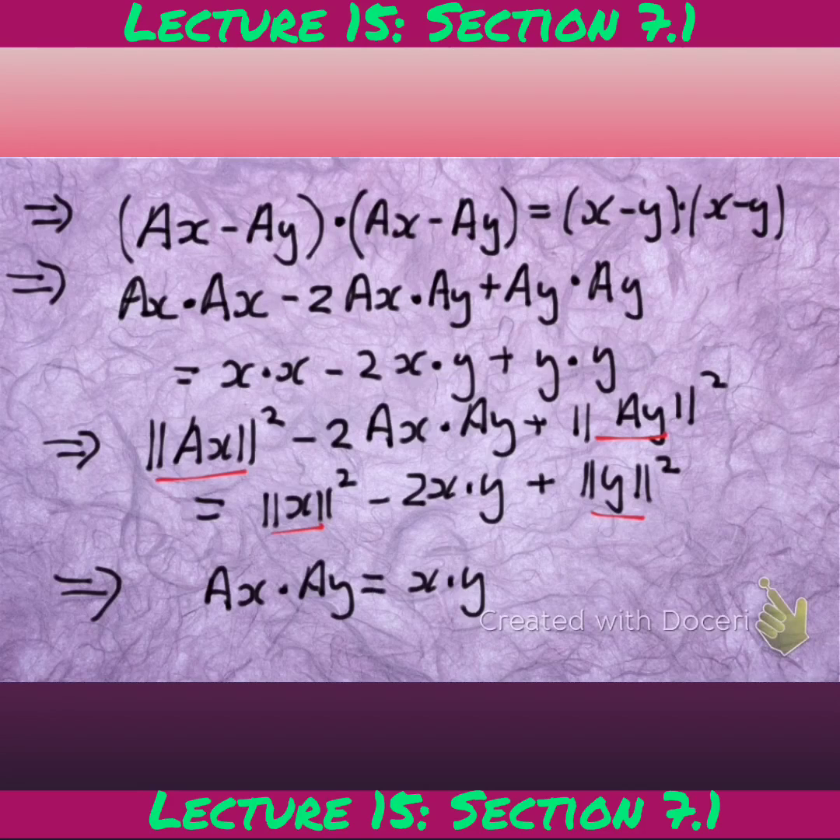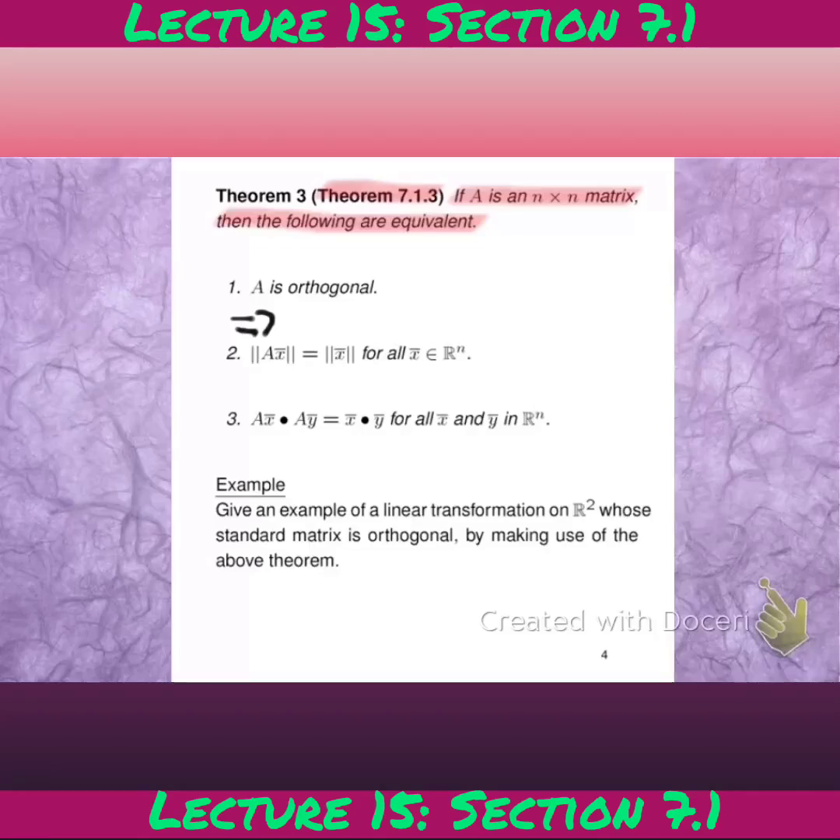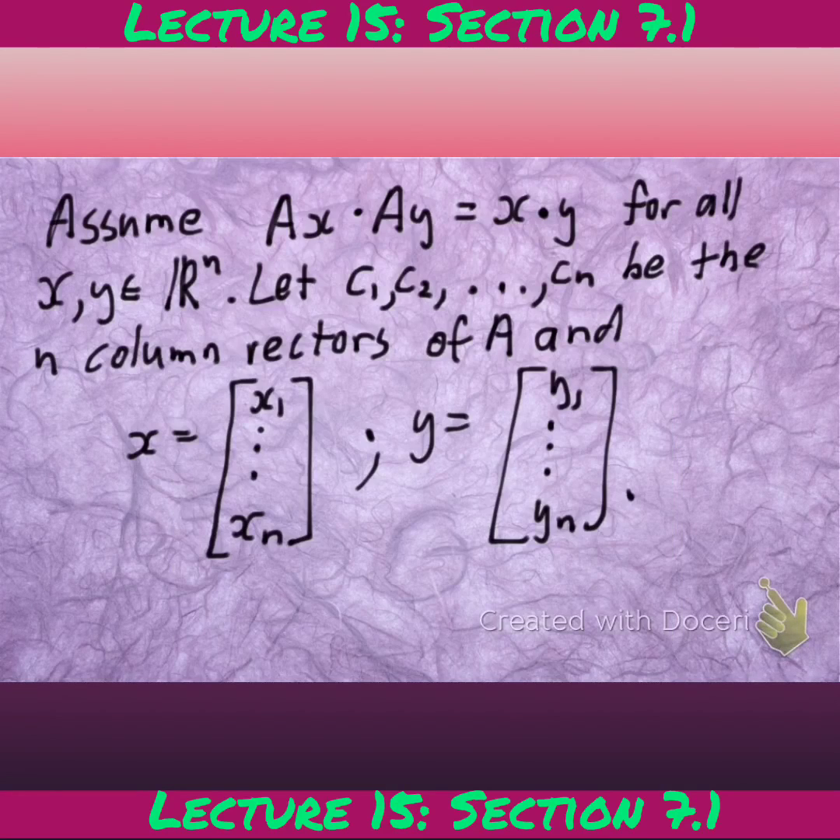Okay, so that shows that 2 implies 3. Now I want to prove just quickly that 3 implies 1. Let's assume that Ax dot Ay is equal to x dot y for all column vectors in R^n. And let's let C1 up until Cn denote the n column vectors of A,